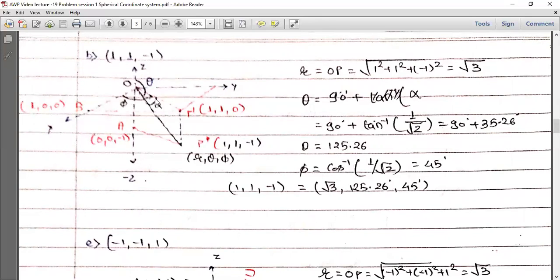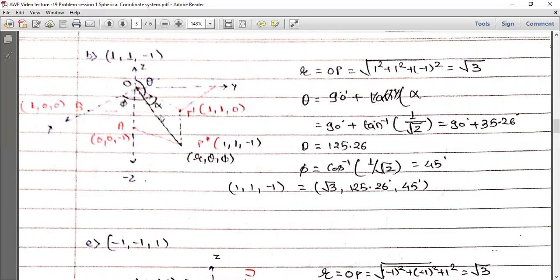So to find this angle alpha, we draw a projection from point P to xy plane. This is P dash, so this angle is 90 degree here. If you think of this alpha, the side in front of alpha is perpendicular, that is PP dash, and OP dash with respect to alpha is base. The length of PP dash will be equal to 1, and the length of OP dash, between 0, 0, 0 and 1, 1, 0, will be equal to square root of 2.